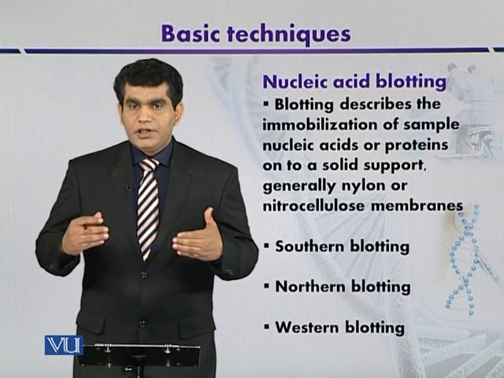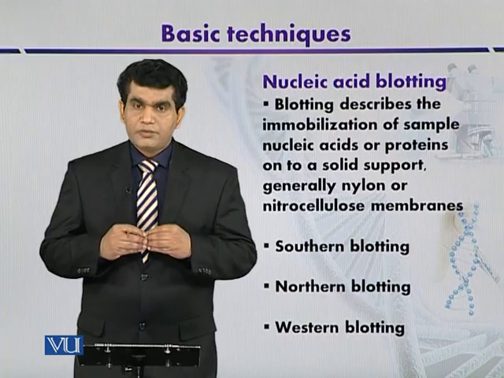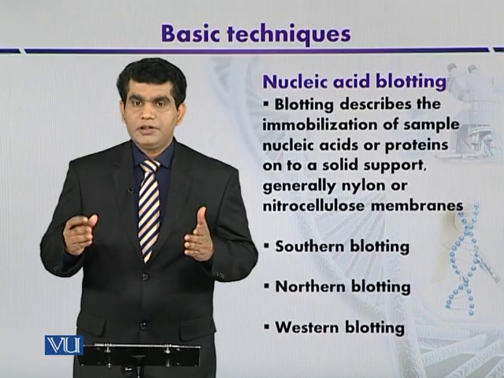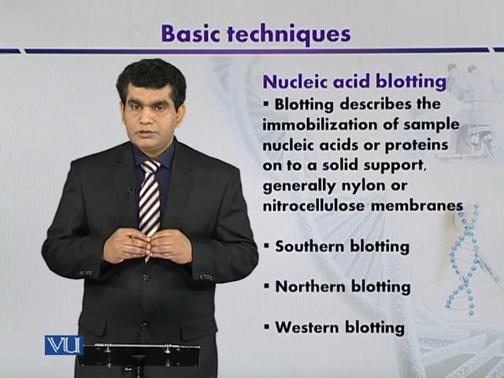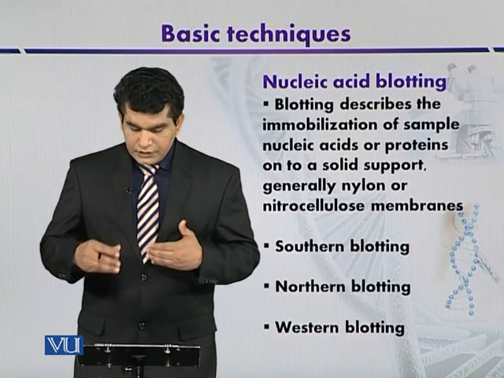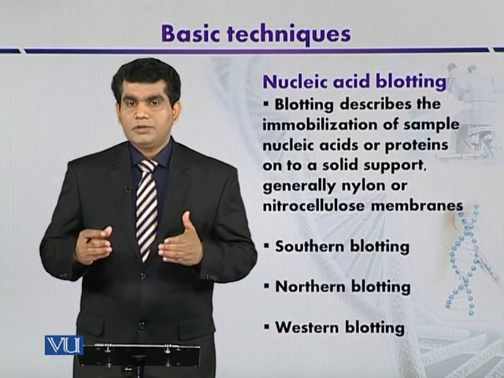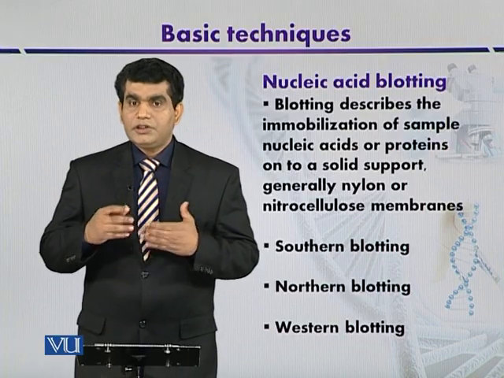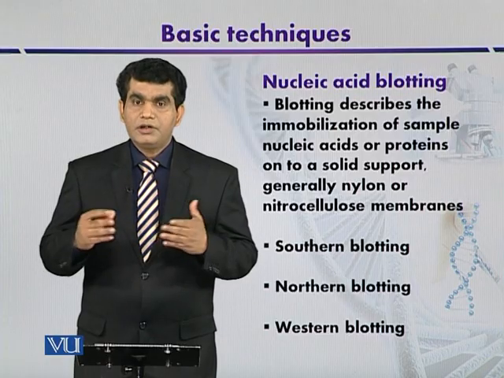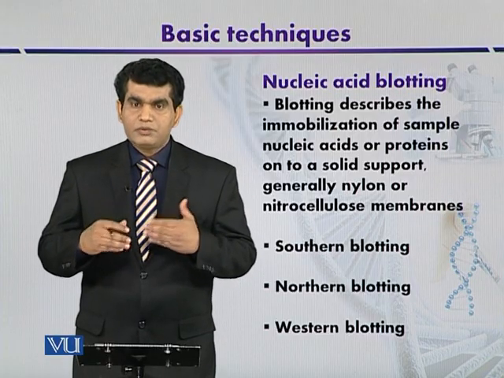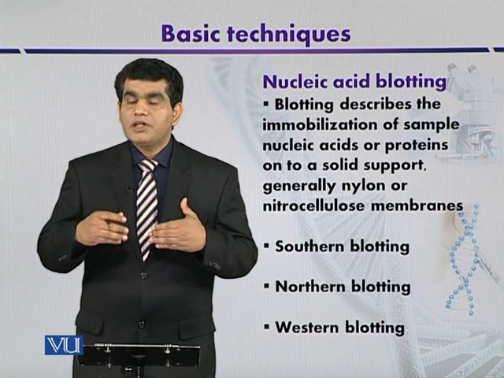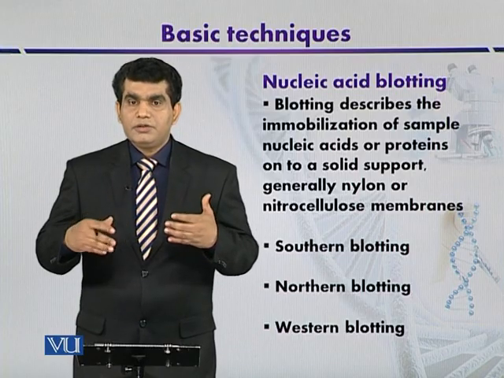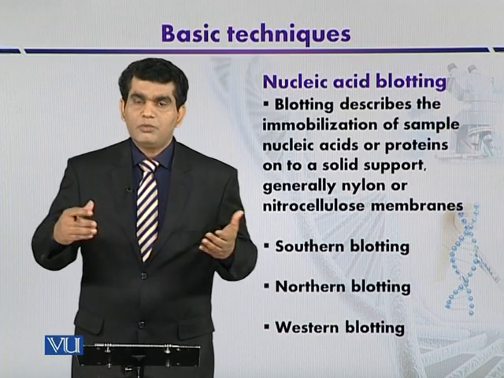After analyzing the DNA by agarose gel electrophoresis, now it can be further evaluated or analyzed by using nucleic acid blotting. Blotting describes the immobilization of sample nucleic acids or proteins on a solid spot. And generally, nitrocellulose membranes or nylon membranes are mainly used for this purpose. And then after immobilization, DNA molecules can be further analyzed by using different blotting techniques like southern blotting,